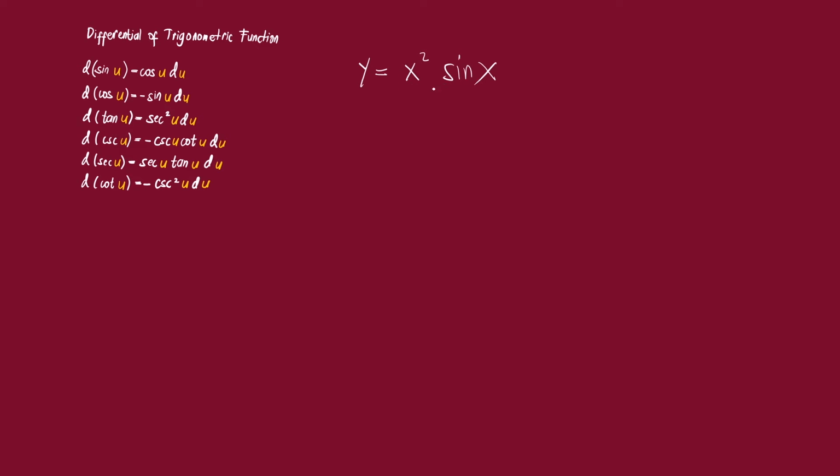Because as you can see, there are two factors. You have your x squared and sine x. So if you are trying to get the derivative of a function with two factors, di ba? Ang ginagamit natin is the product rule. Di ba? If you can still remember, the derivative of u v,